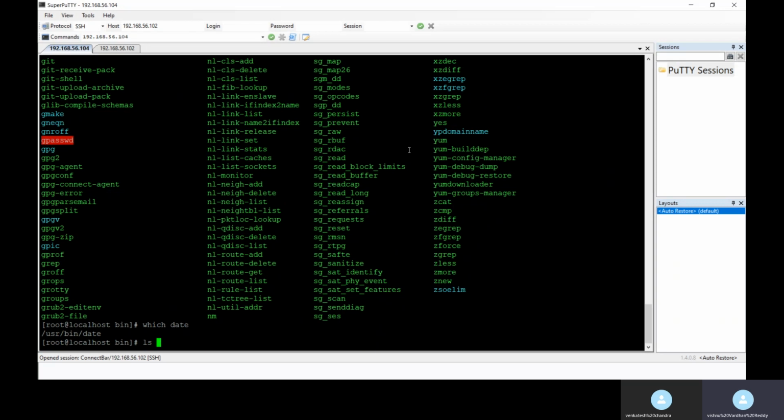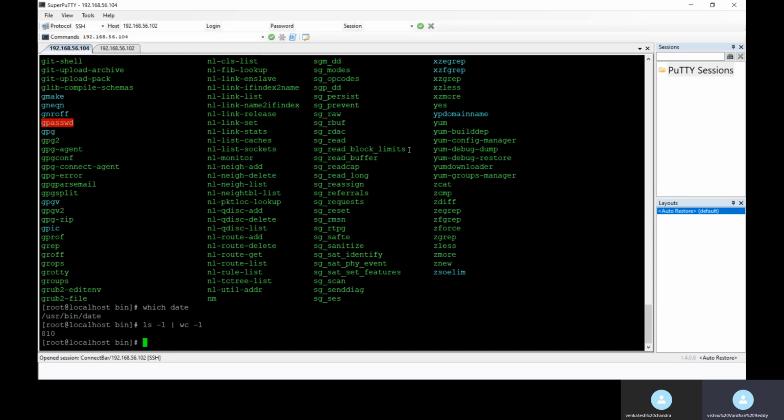You can count how many commands are in /usr/bin: just list it and pipe to wc -l to count the number of lines. See, total 810. My machine has that many, 810 commands. It depends, though: if you have customized commands, or install other services and processes, then it will increase.